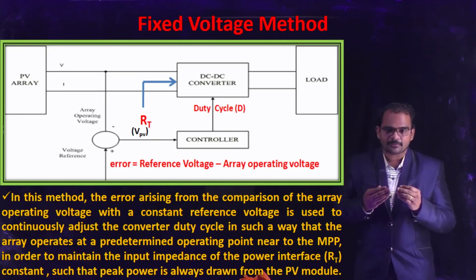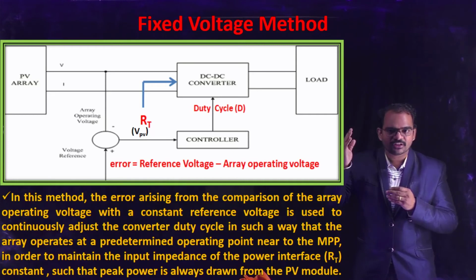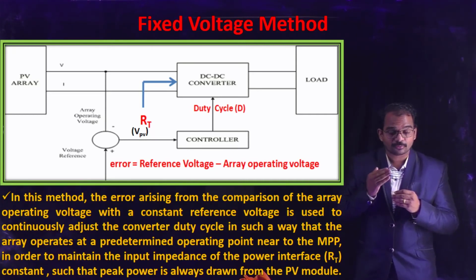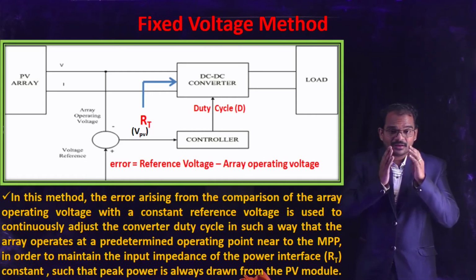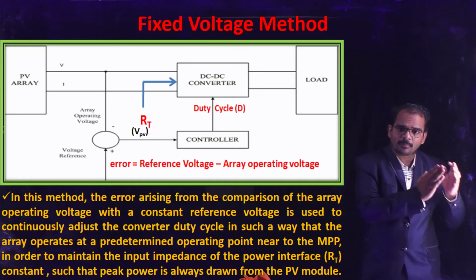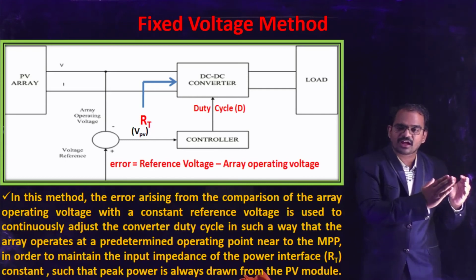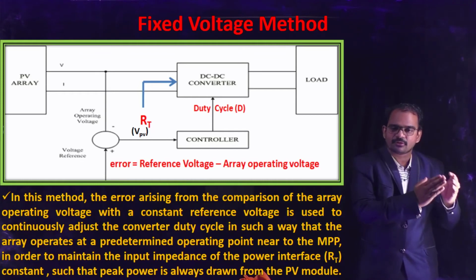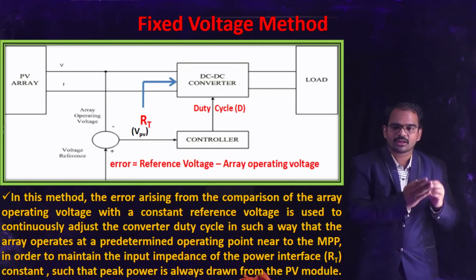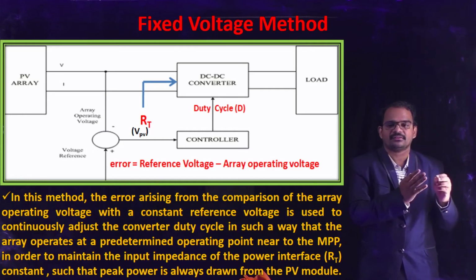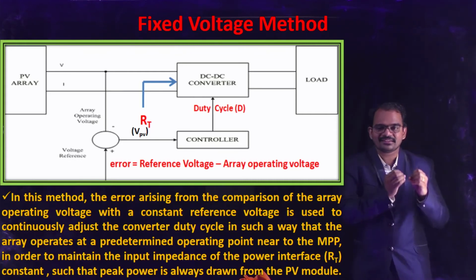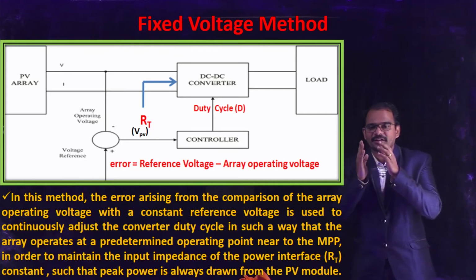If, for example, the array operating voltage is more than the reference voltage, now what happens? Then the operating point A shifts to the operating point B, to the right of the IV curve. So whenever the operating point shifts from A to B, to the right of the IV curve, you will get a power of PMP, which is obviously less than PMA. That is, we will never get the maximum power from the PV panel. And that is the reason why we should always operate the panel at operating point A.